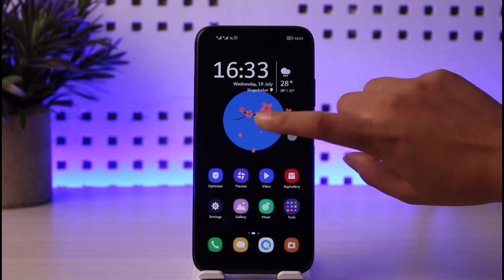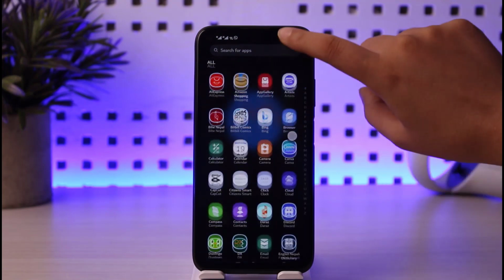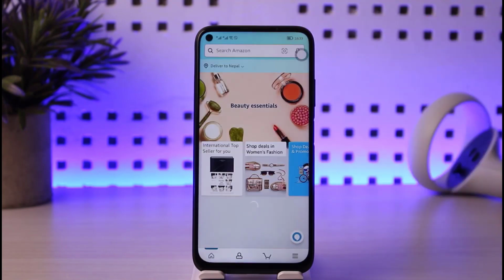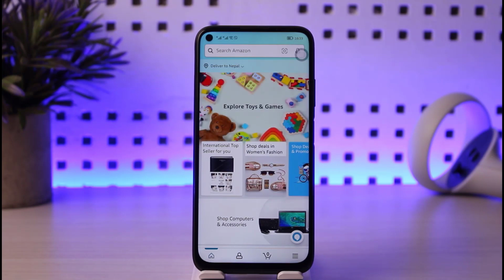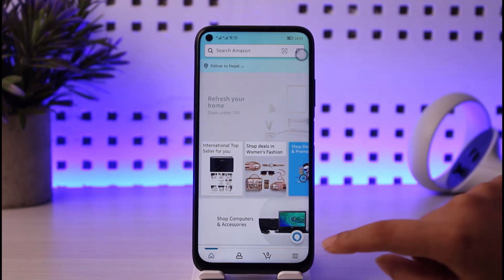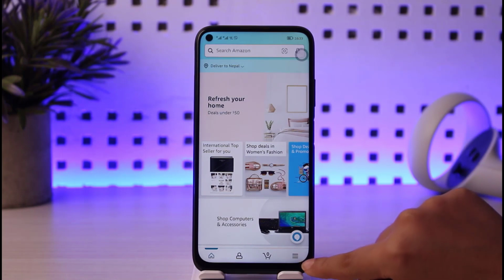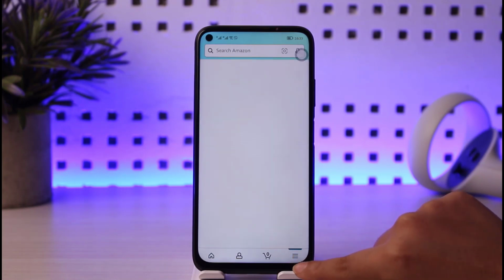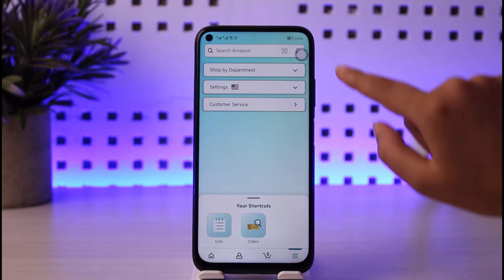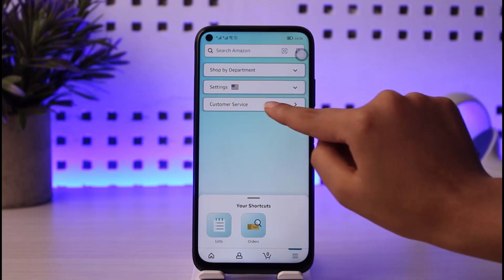For that purpose, go ahead and open your Amazon app on your mobile phone. Once the app is open, it's basically going to look like this on the home page of your app. Then simply tap on the three horizontal lines at the bottom right corner. If you tap on it, it will show you this kind of interface, which shows customer service